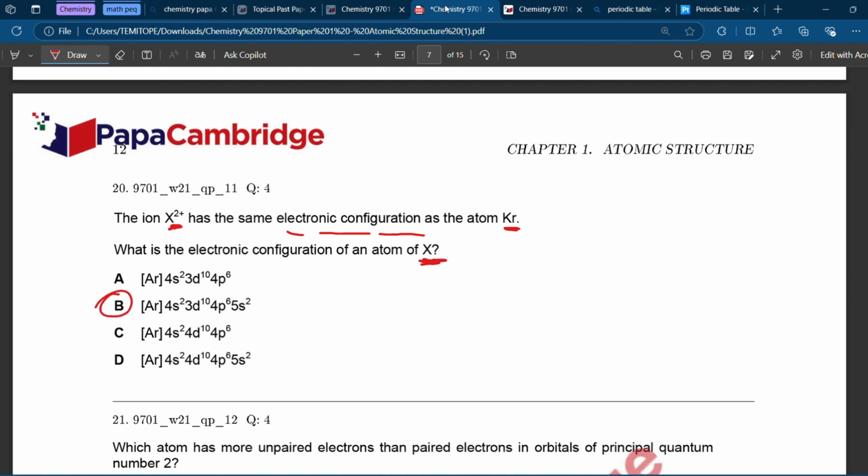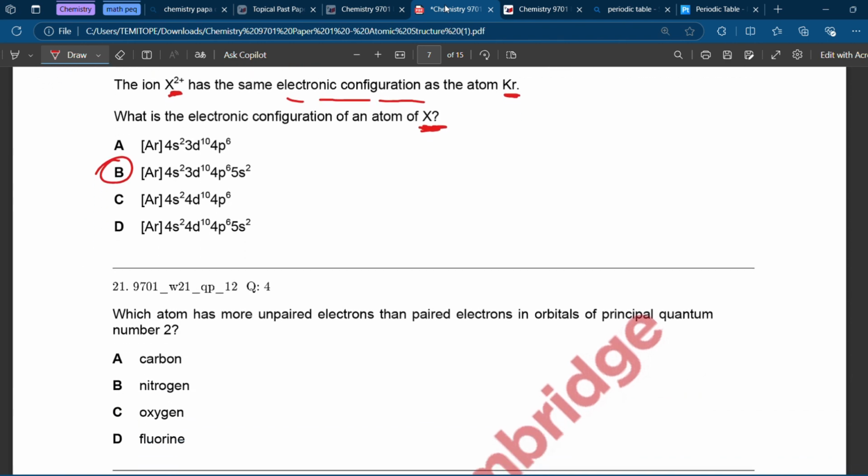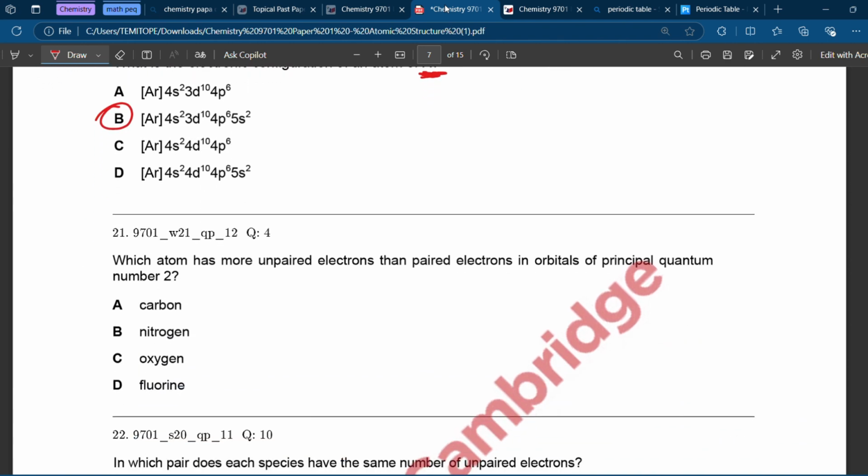So we know it's argon and everything up to 4p6. So it's argon, 4s2, then 3d10, and then 4p6. We can skip the things in the middle for now. So we know number 20 is going to be